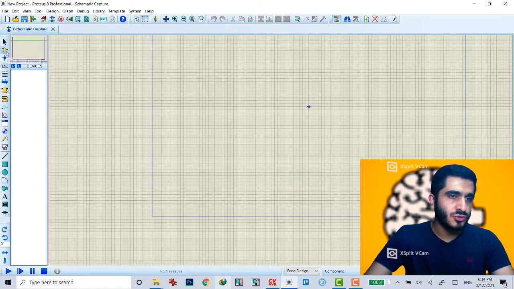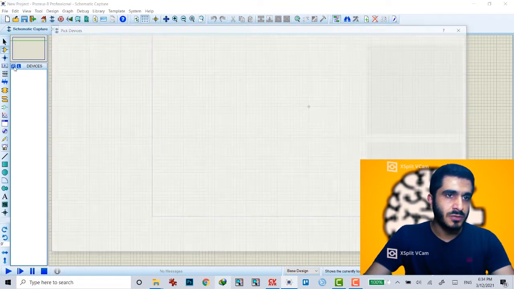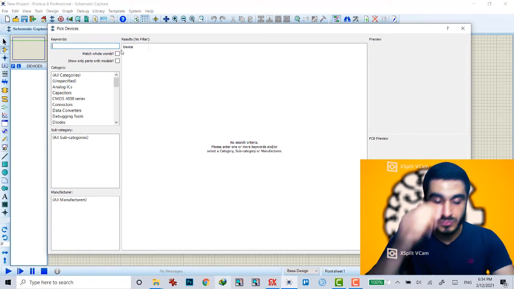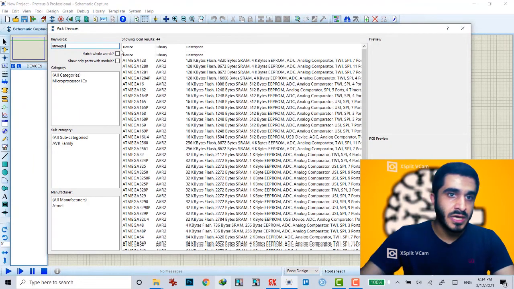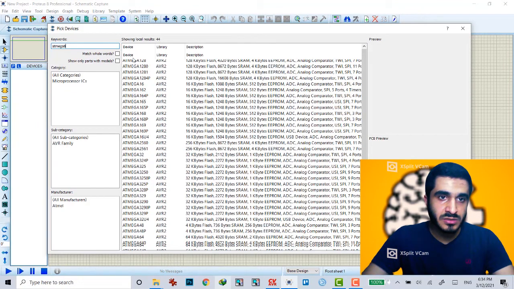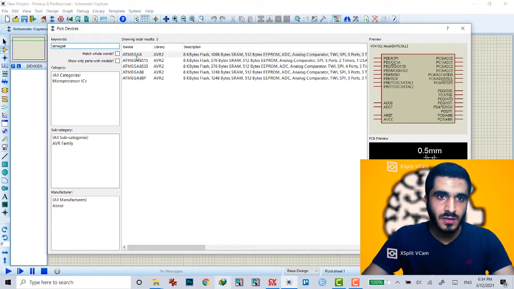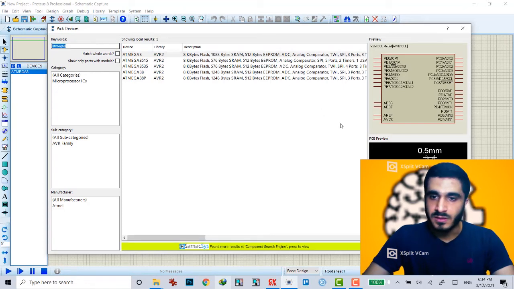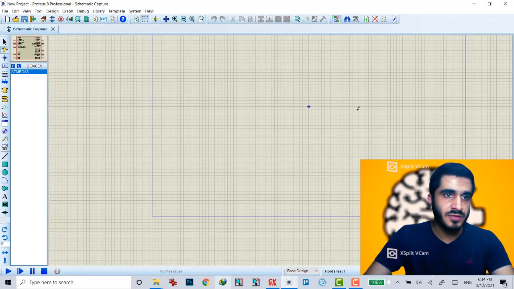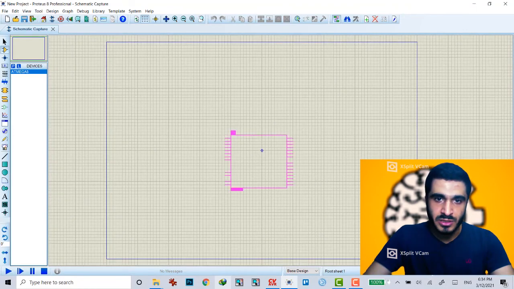You can choose the component mode, and in component mode if you click on P, you can add your microcontroller in here, which is ATmega8A for me in this project, which has no difference with ATmega8 without A, and nothing else. I can put it in here,